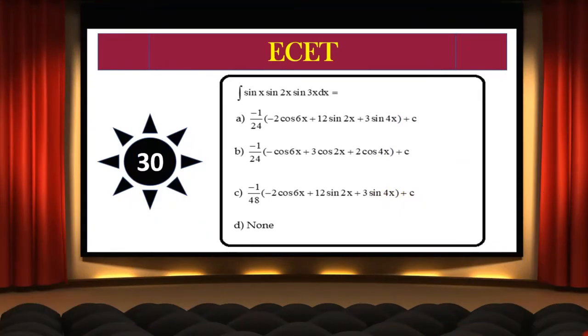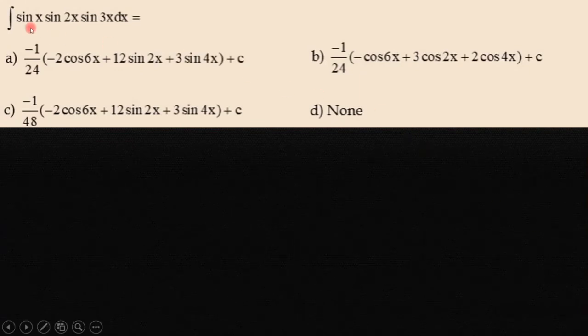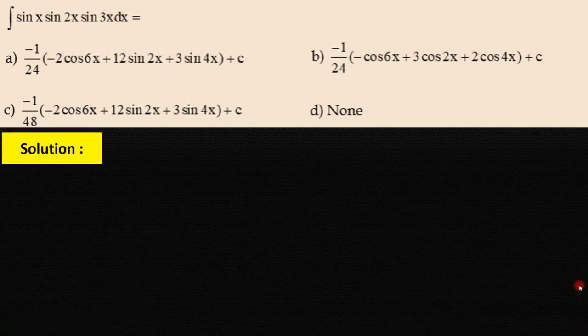Dear students, see the question number 30. Read the question and write it. The question is integral sin x into sin 2x into sin 3x dx is equals to. Let us find this. Integral sin x into sin 2x into sin 3x dx is equals to, here multiplying and dividing with 2, we get